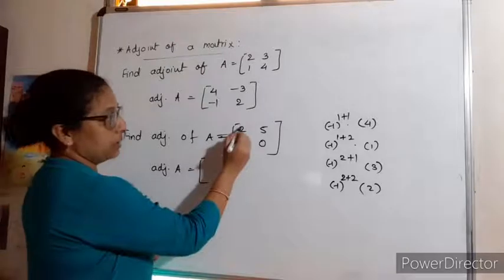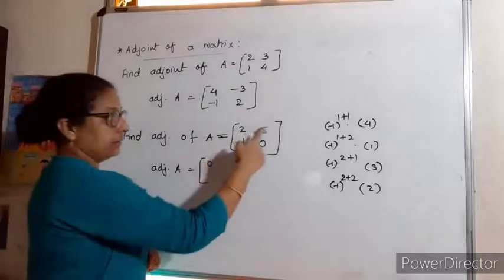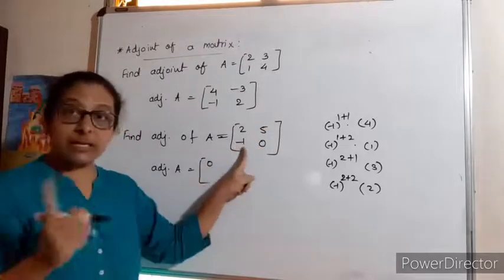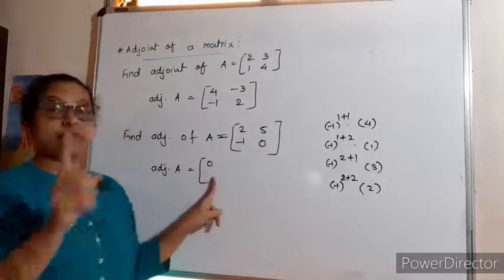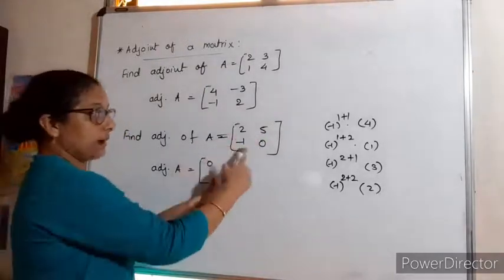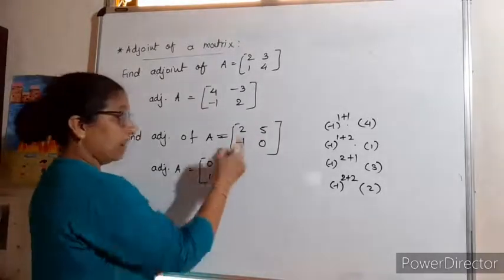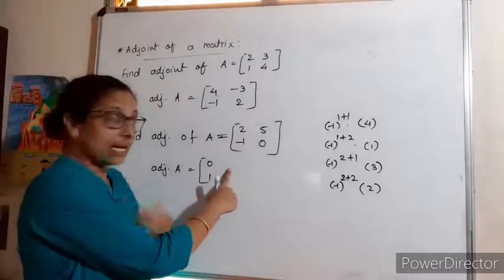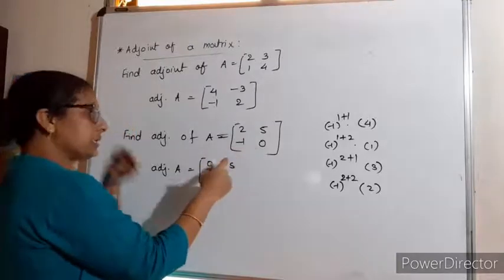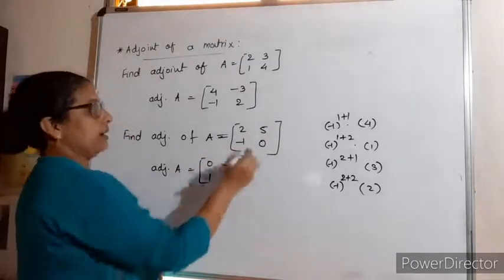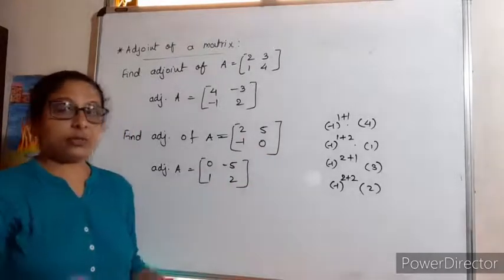So now 2 उसका cofactor होगा 0. Then second 5 का cofactor है minus 1. But go row wise, write column wise, and here you have to change the sign. So अगर ये minus 1 है तो we'll write 1. This one 5. But you have to change the sign over here. So if you write this one, it is minus 5. और अगर ये लिखा 2, हो गया. कुछ भी करने की जरूरत नहीं है.